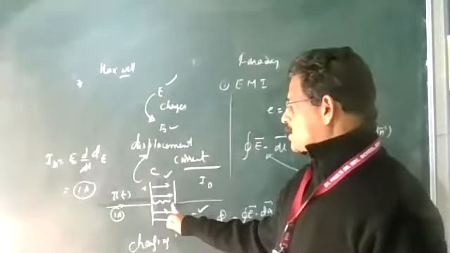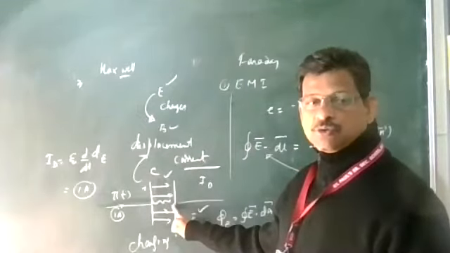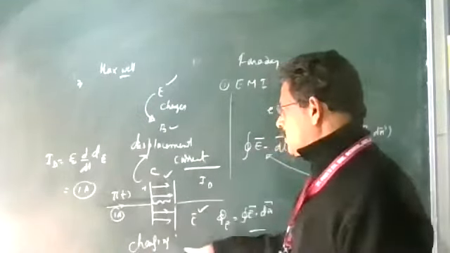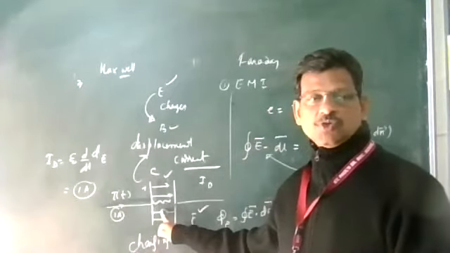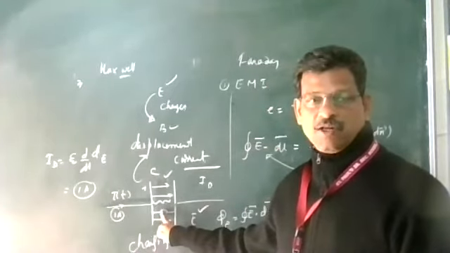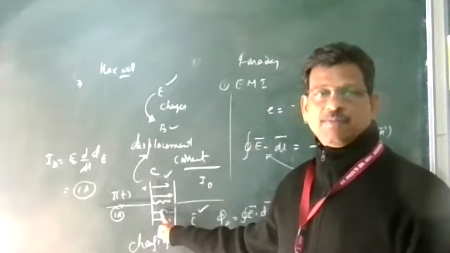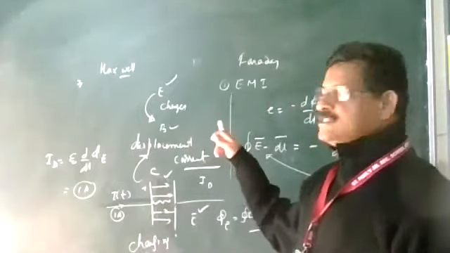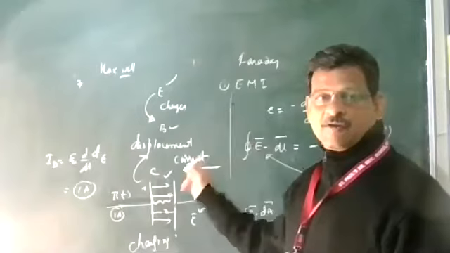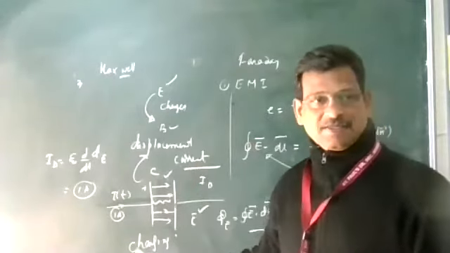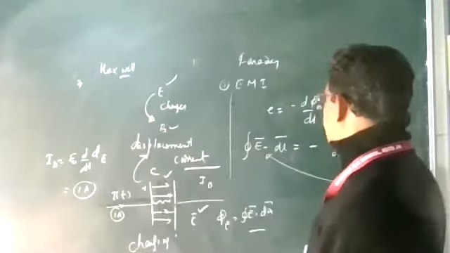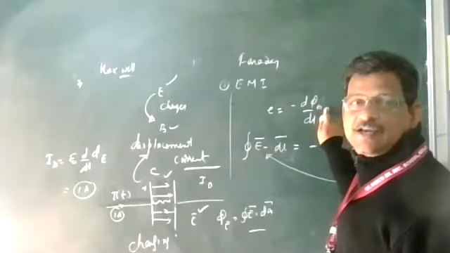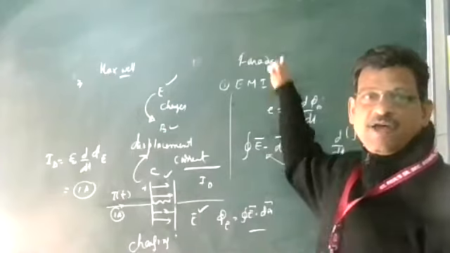Because यहाँ पे कोई wire connection नहीं है, current should continue through the path. So when the circuit is completed, there is 1 ampere current in the connecting wire, so displacement current is also equal to 1 ampere, but that exists only between the plates. So the meaning is: if there is a change in electric flux, will there be a current? Yes, that is displacement current. When there is a magnetic flux change, is there any current? Yes, that is called induced current, Faraday.